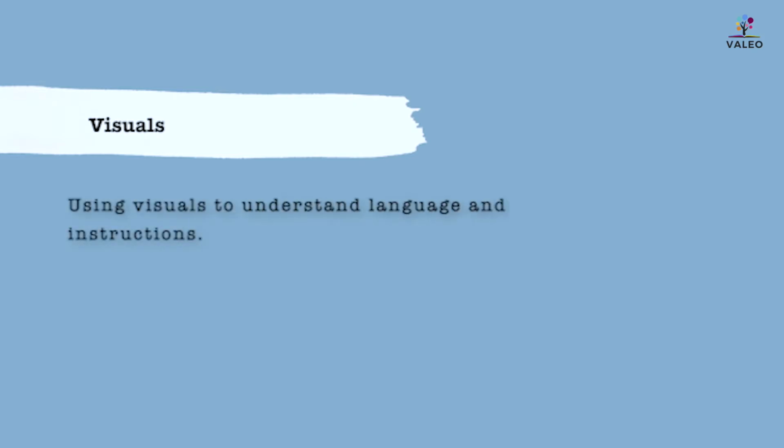Well, I think the first thing we need to think about when we're thinking about these children is certainly using visuals and the importance of that. Getting them using visuals to understand language and simple instructions. Yeah, and depending on the age or where the child's at, you can use all kinds of different visuals. So we use objects of reference to show key events. So if it's time to go outside, you might show the child their shoes,